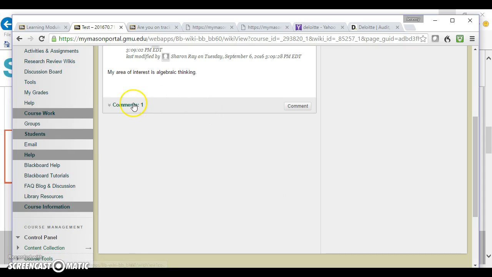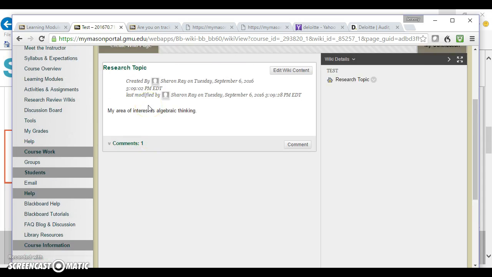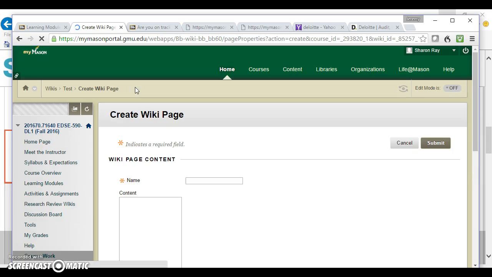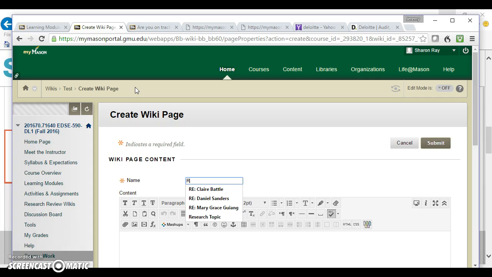Once I add a comment, you'll know how many comments you have on your page because it'll put comments and tell you the number of them. The other thing you can do is, a lot of people like one running page, but some people like multiple pages on their wiki. So if you want to create a page for your research topic and then a separate page for your next one in Learning Module 3, which will be your research purpose,